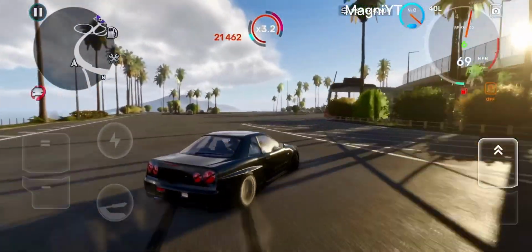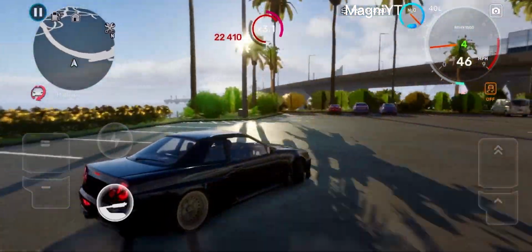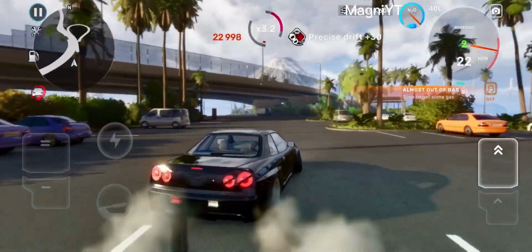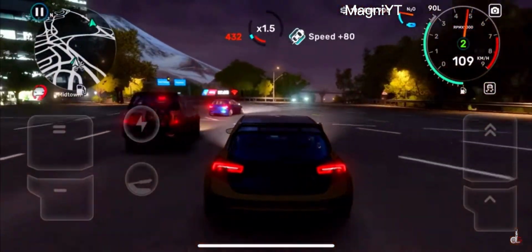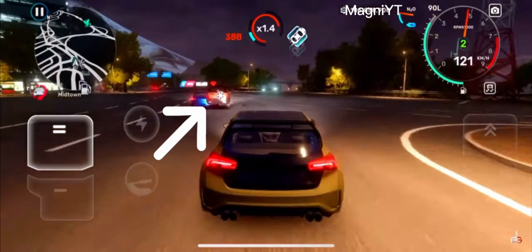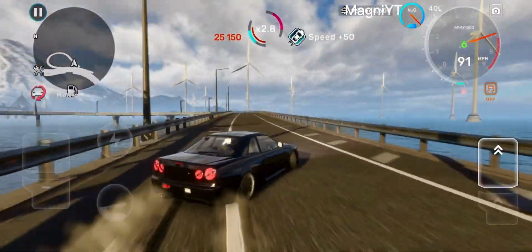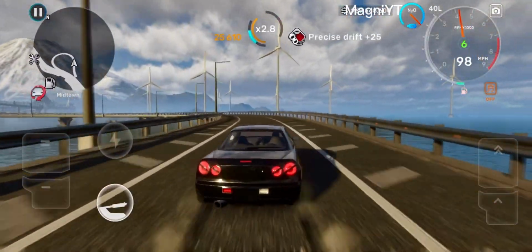Another thing is the syncing of cars from the other end of other users. Let me show a clip from CarXstreet if you don't understand what this is. This is what it is. I don't know if it's lag or a bug, but I came across that a lot of times when playing with other players. If it's a bug, then hopefully they fix it.